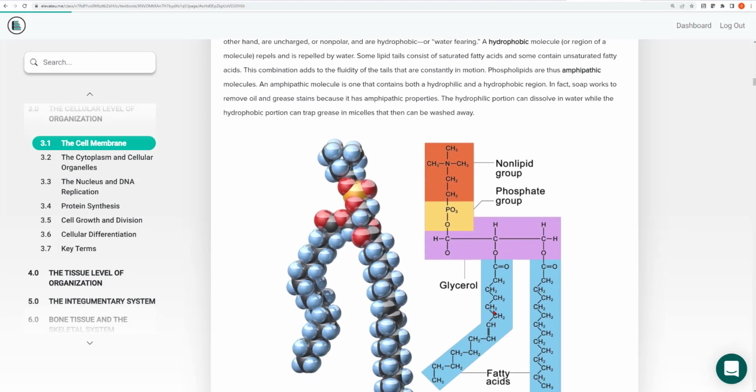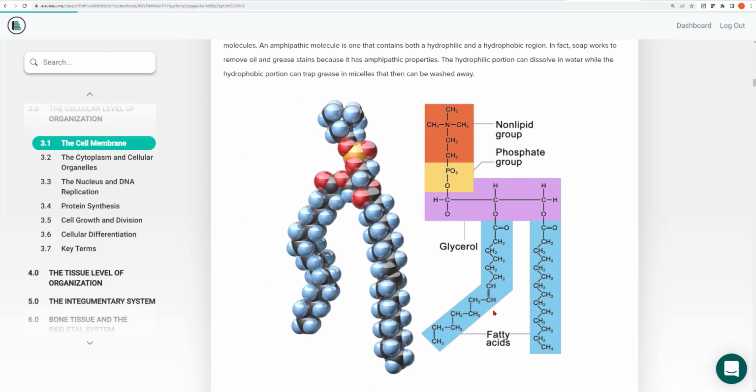So let's take a look at the molecule, not to memorize it, but just to see that this is a phospholipid molecule. It is described as having a head, and it's described as having two tails. The head group up here is where the phosphate is, and that is the hydrophilic or the charged part of the molecule. So up here is the side of the molecule that interacts with water. The two tails are composed of the lipids, these lipid tails, and they are hydrophobic.